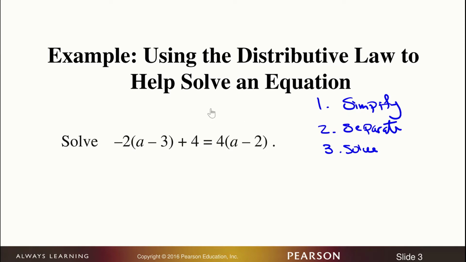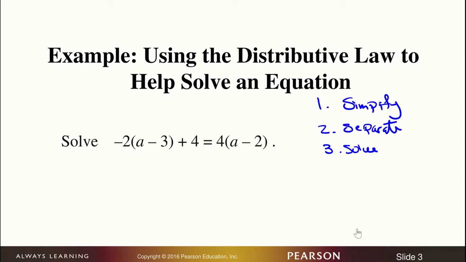That means take all your variables to one side. It makes no difference which side you choose. And then whatever side you choose, take the constant terms to the other side. And once you've done that, you go ahead and proceed with solving. So